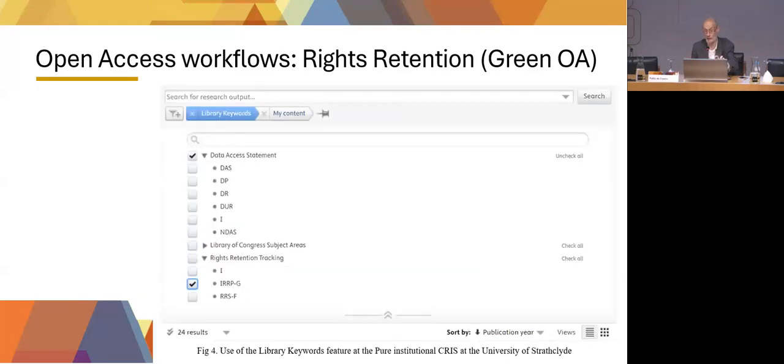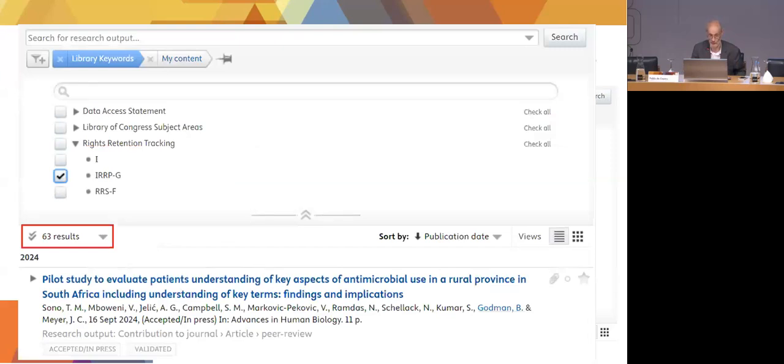There is a way to classify the rights retention papers so that we can know what it is we're publishing. It's roughly 100 papers already this year that are being made openly available, the accepted manuscript, the post-print, as it's also called, on day one upon publication, which is arguably good news for the researchers, especially if they cannot follow the gold open access route. The data access statements are also in there. There's a way to collect the information in CRIS systems.